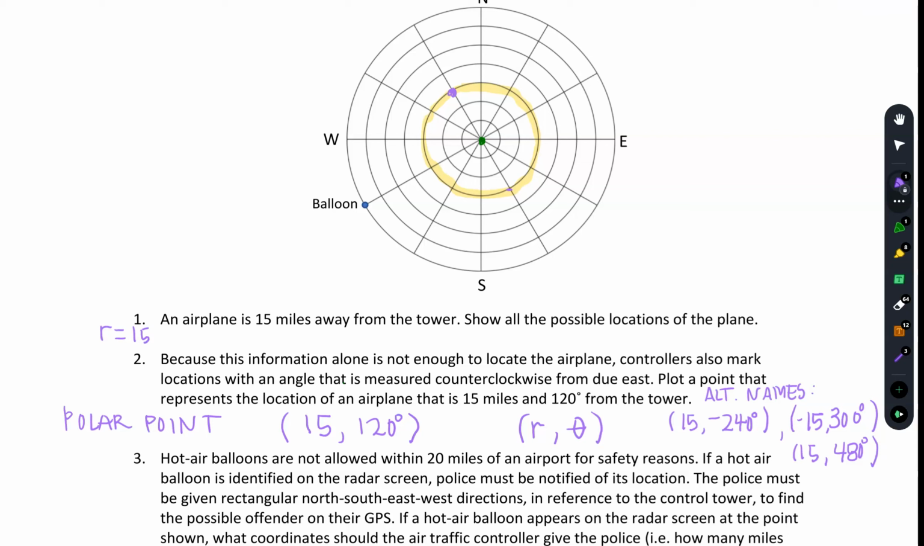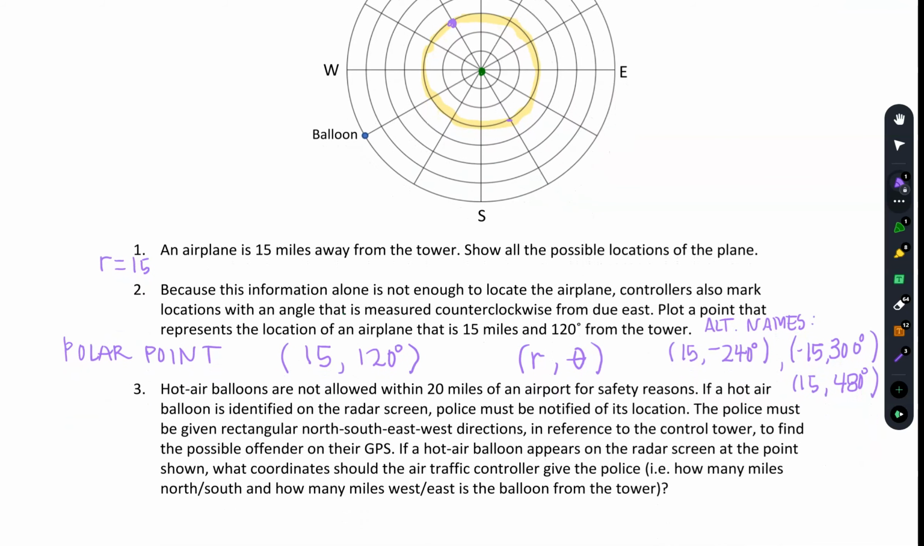Alright, hot air balloons are not allowed within 20 miles of an airport for safety reasons. If a hot air balloon is identified on the radar screen, police must be notified of its location. The police must be given rectangular north, south, east, west directions in reference to the control tower to find the possible offender on their GPS. If a hot air balloon appears on the radar screen at this point shown, what coordinates should air traffic controller give the police? Okay, so at this point here,